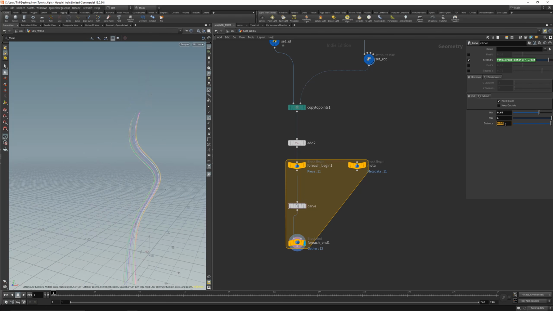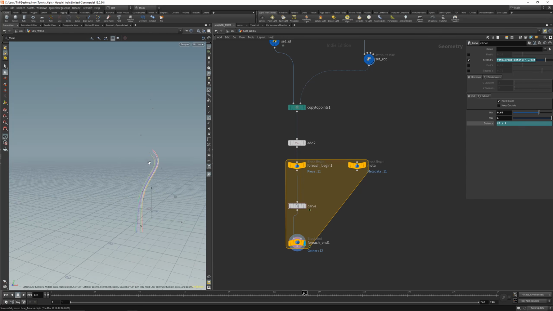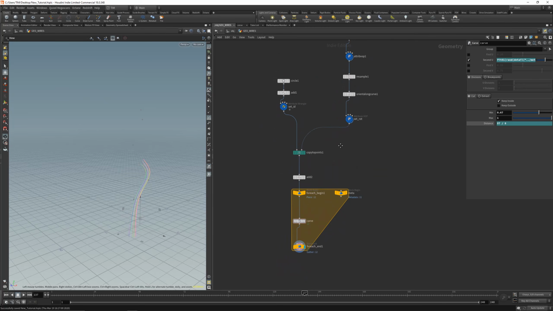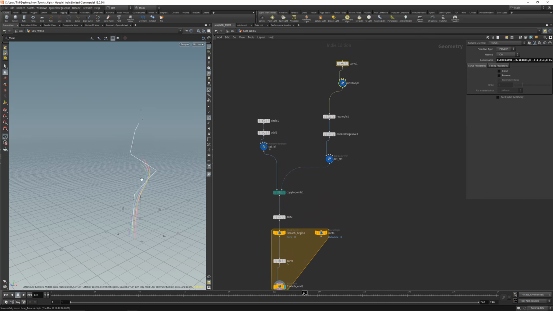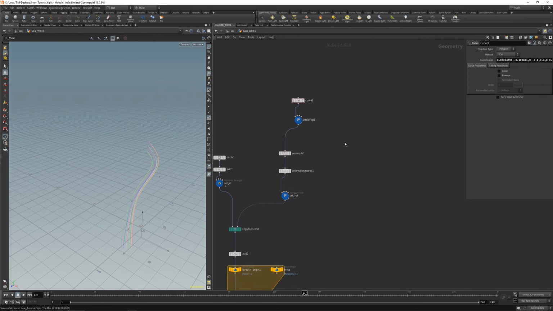Nice. We created this. For example, you can type in here $T for the time and divide it by let's say 8, and you will get this growth here. You can also make the min and max time dependent, or make it dependent on another value. So we are finished with the growth setup, but now we want to get more wires here introduced,